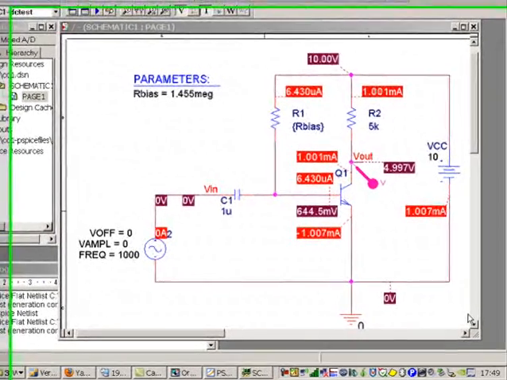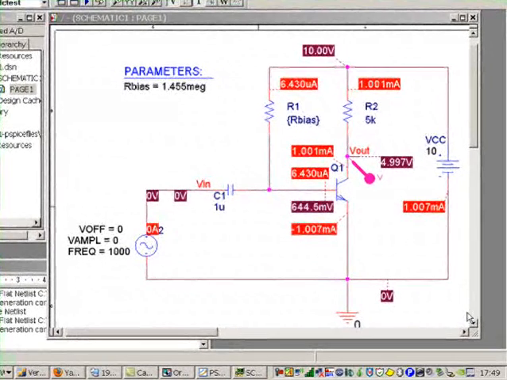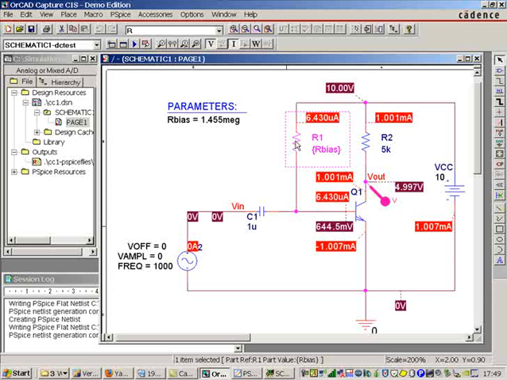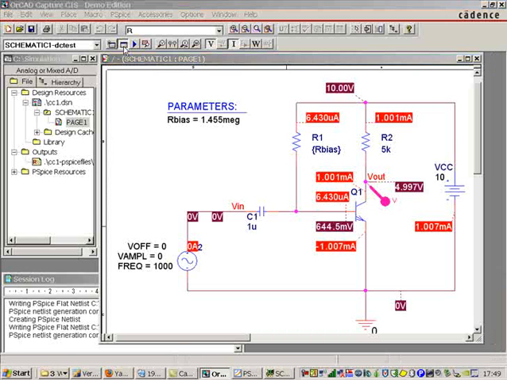Okay, this screen recording is going to show you how to use OrCAD to do a Monte Carlo analysis. Here I've got a circuit that you should recognize. This circuit is a common emitter amplifier, and we have a constant current bias. Now I'm going to run a simulation to get the precise value of the base resistor to work out what